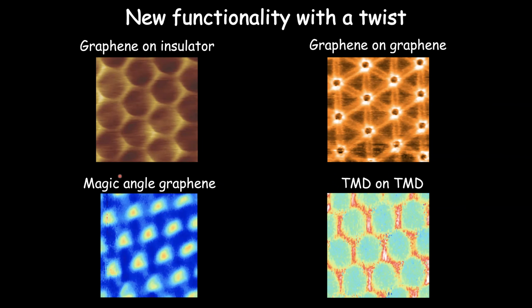So I'm going to first talk about what happens when you put just graphene on a simple insulator, what happens as you control the twist between the graphene and the insulating material. Then I'll talk about putting graphene on itself, so graphene on graphene, in 2 different regimes here. One, this one in the top right, is a very small twist angle. So make just a tiny rotation between them, and how does that affect the band structure of the graphene?